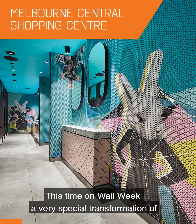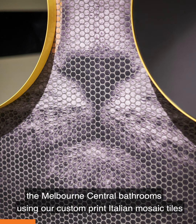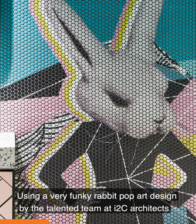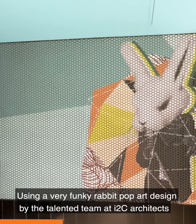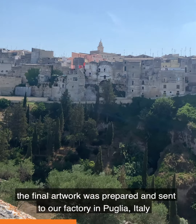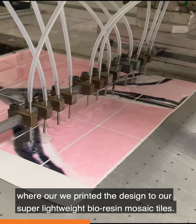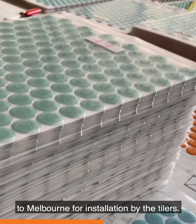This time on Wall Week, a very special transformation of the Melbourne Central bathrooms using our custom print Italian mosaic tiles, Mosaico Digitale. Using a very funky rabbit pop art design by the talented team at I2C Architects, the final artwork was prepared and sent to our factory in Puglia, Italy, where we printed the design to our super lightweight bio-resin mosaic tiles. They were then fast air freighted in less than 6 weeks turnaround time to Melbourne for installation